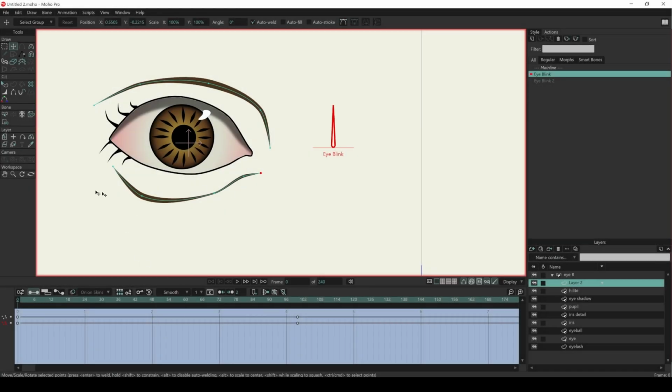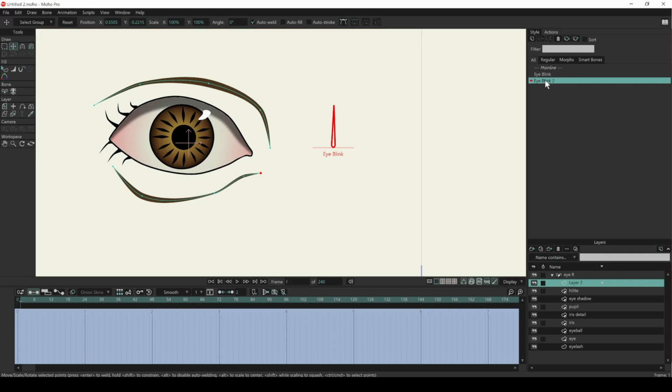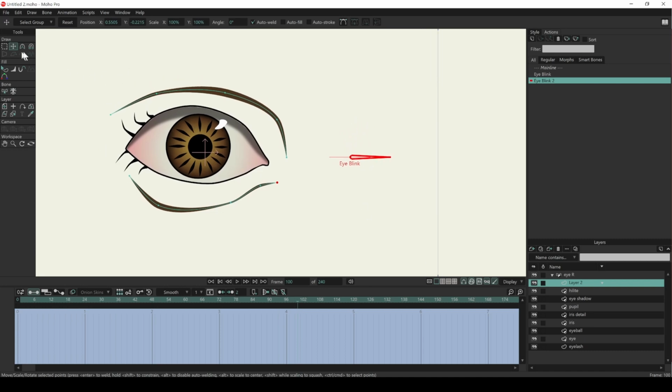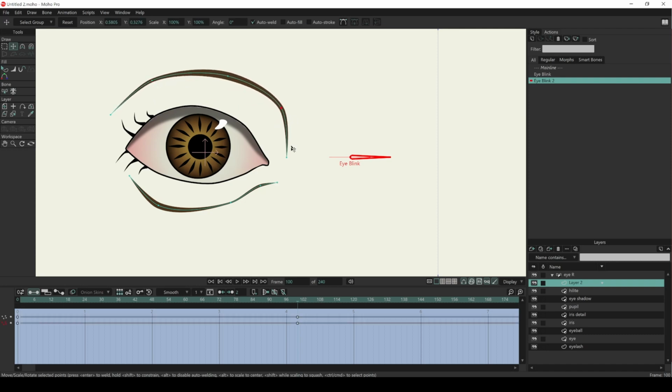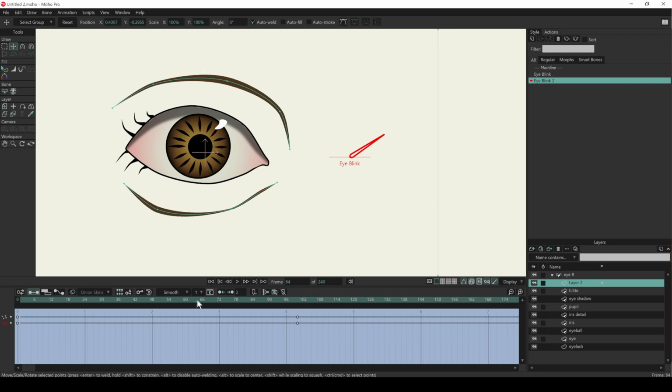So we don't have the widen set yet. That's action number 2, which is going to be right over here on eye blink number 2. Don't forget about it. So we're going to double click it now. Now we're inside of eye blink 2's action, which is going to go to the right. So as we drag the timeline up to frame 100 again, you can see that that goes all the way to the right. And now we can make the eye wider by moving the respective parts for doing that. So we'll just push this up some, this out some, maybe even that guy a little bit, just to give it a little bit of action there. We're going to pull this down somewhat like so, maybe like that,